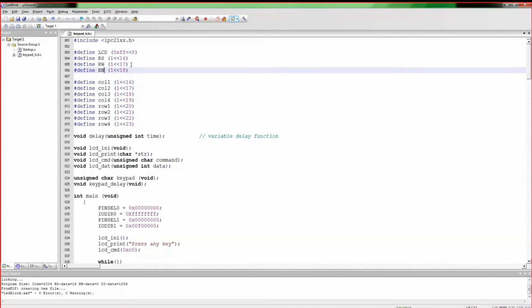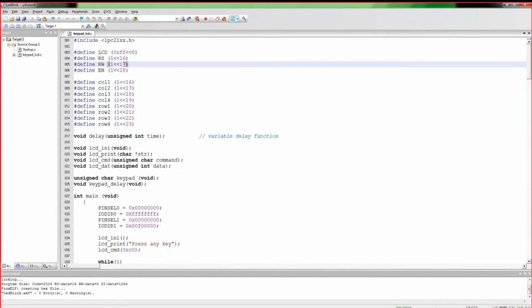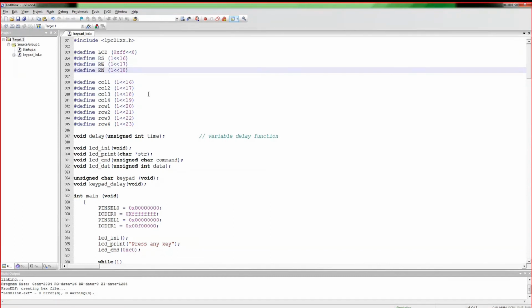So from here you can see that RS is connected to 16, R bar W to 17, enable to 18. Similarly, columns 1, 2, 3, 4 I have connected to 16, 17, 18, 19. So here you will get that idea. Rows are from 20, 21, 22, 23. So since the hardware connection was like that, I have written the program like this.